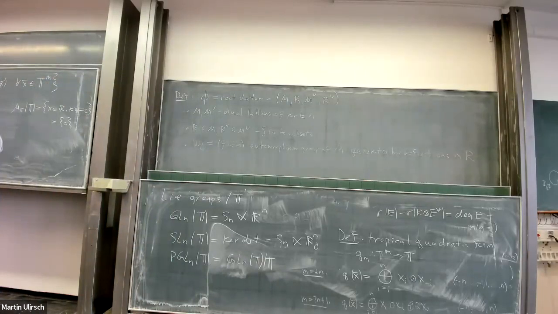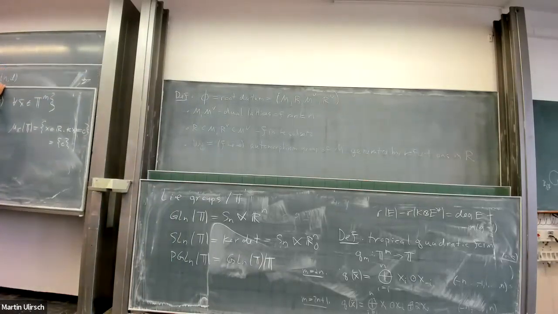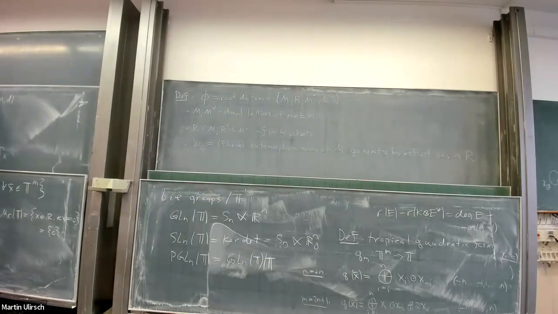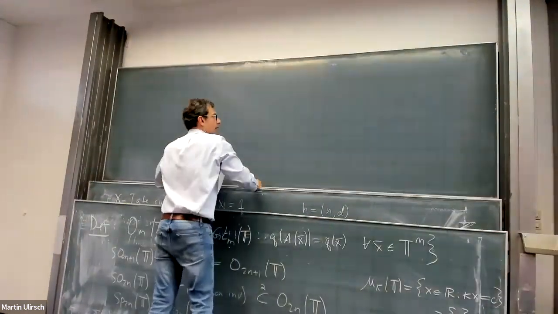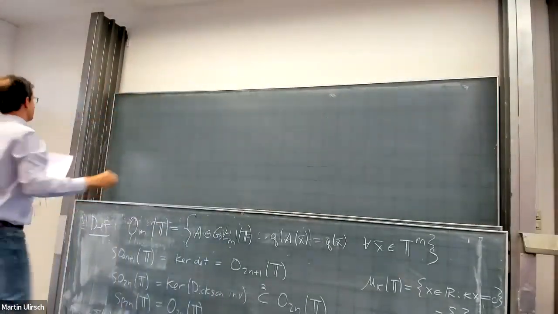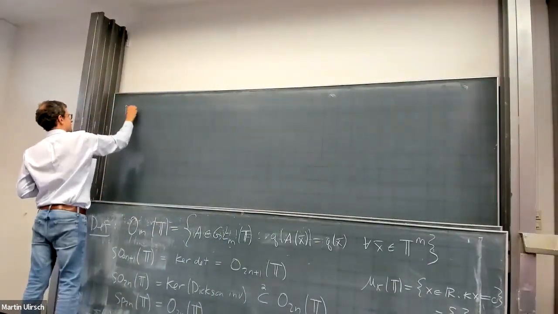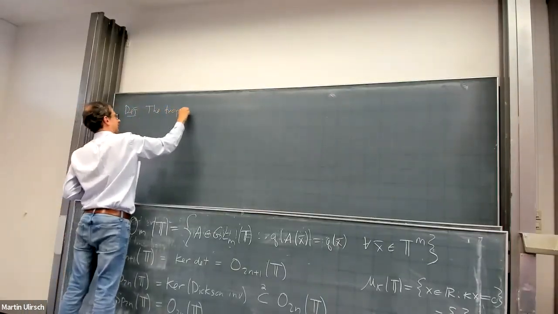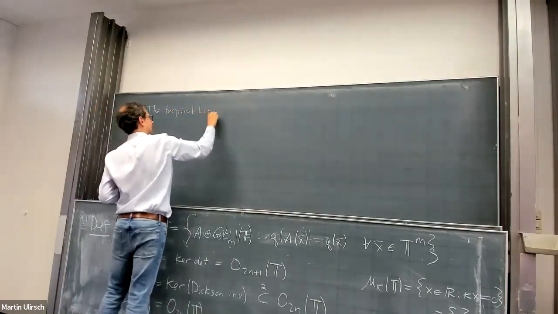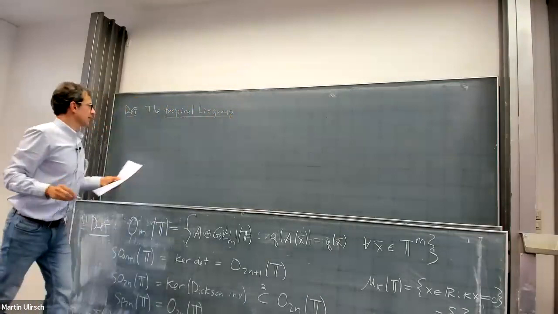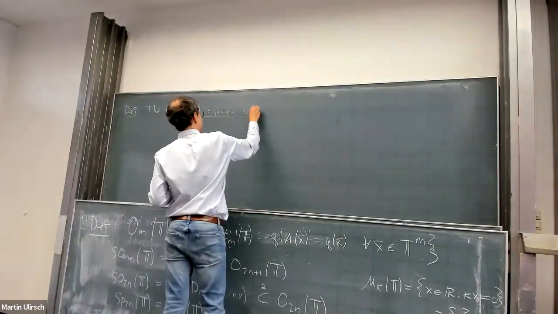So, all right, I had two minutes for definition and now two minutes for theorem. Sorry, okay, I have one more definition. Definition. The tropical Lie group associated to a root datum